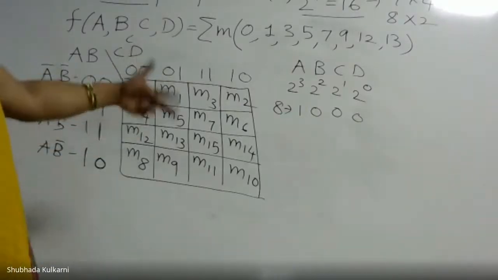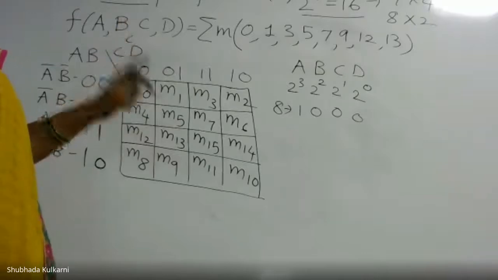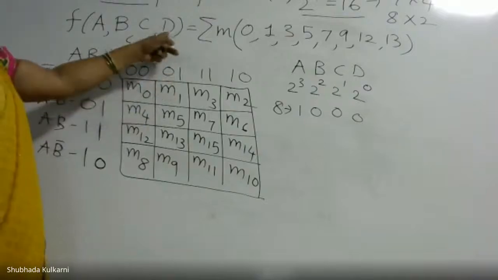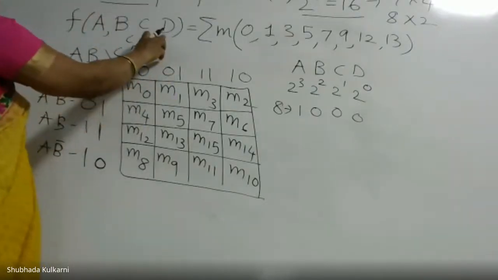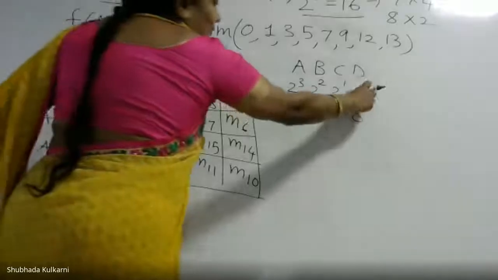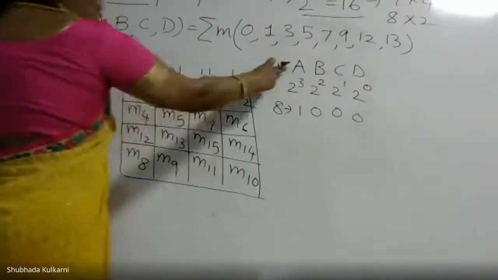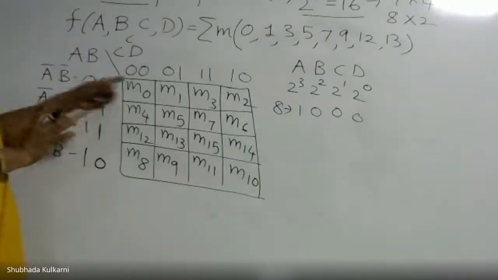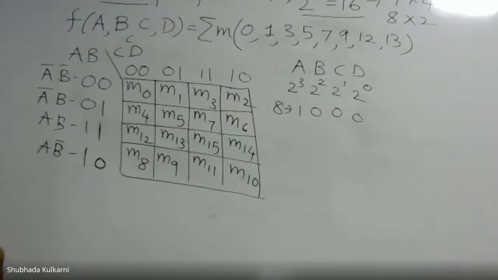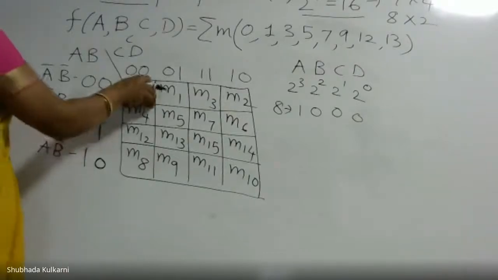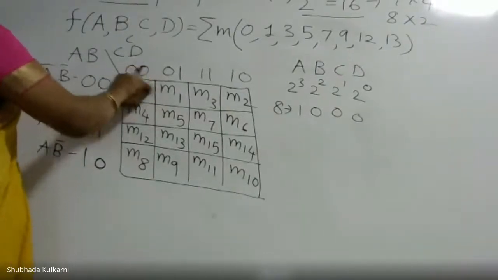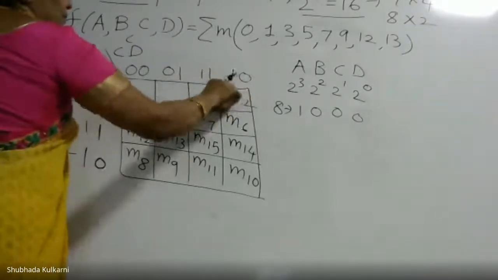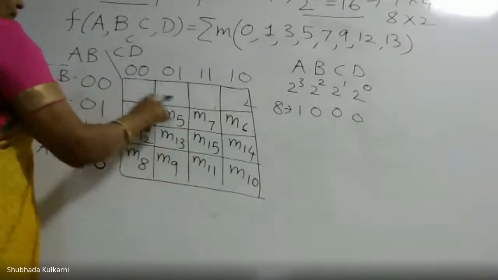Now you may ask whether we should memorize this. It's not required. It totally depends on the variables and their binary values. Our understanding is that the rightmost variable D is the least significant bit with a weight of 2 raised to 0, and A is the most significant bit with a weight of 2 raised to 3. Depending on your ABCD values, you should be able to find the min term position. Once you know this position, you should be able to enter the zeros and ones in the K-map for a given problem and try to simplify it.